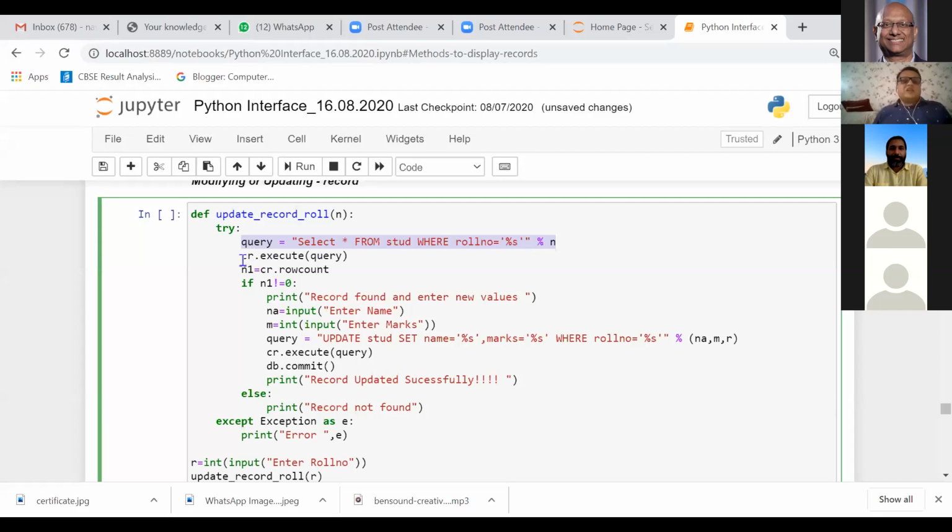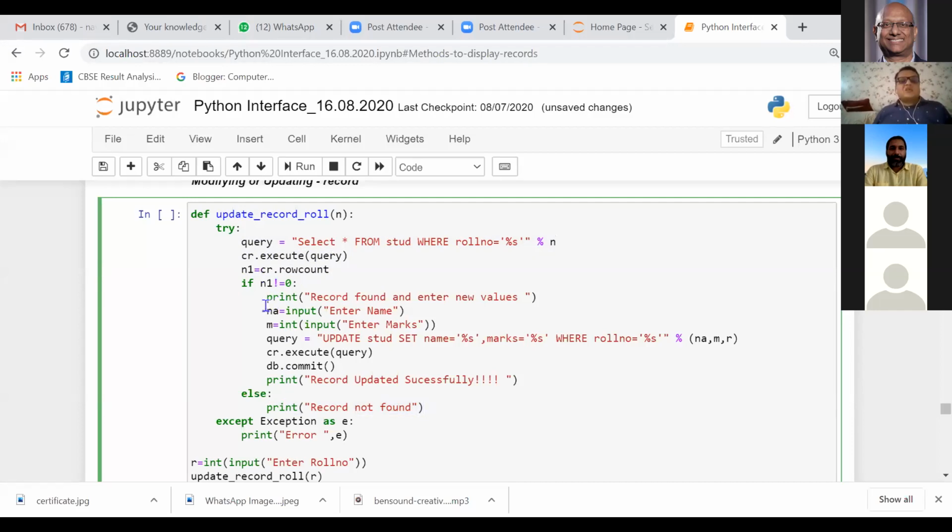Then I have written cr.execute query method with the same string which I have already created with the percentage s method, and just passed it. N1 equal to cr.row_count. If the value of row count is not 1, it means record not found. If it is equal to 1, the record is found.